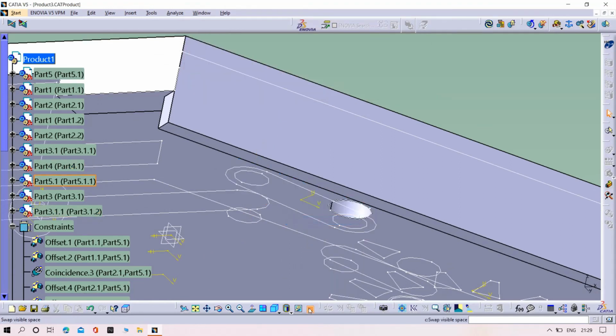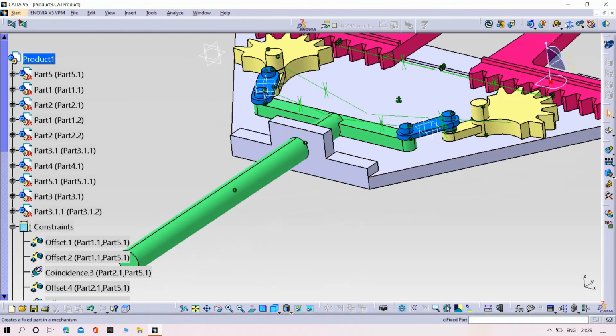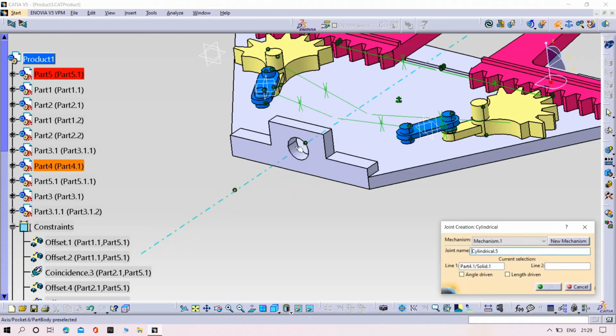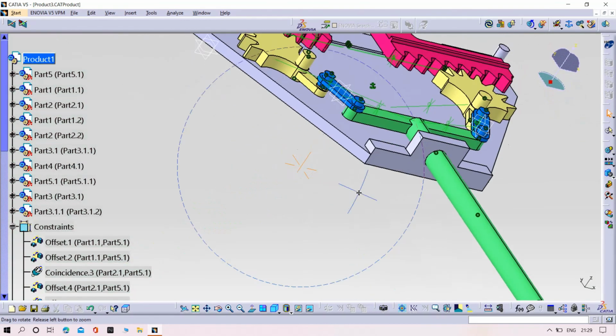Now we need to give one cylindrical joint for the rod. Then select the cylindrical joint and then try to select the axes which are coincident. Then click OK. And again we need to give the two revolute joints for the another connecting rod like the previous connecting rod.